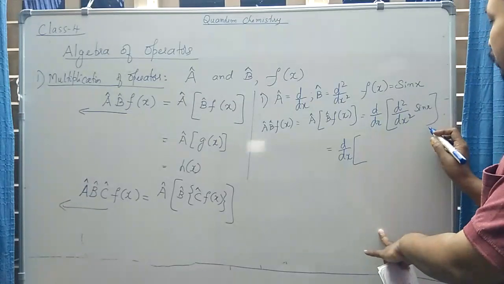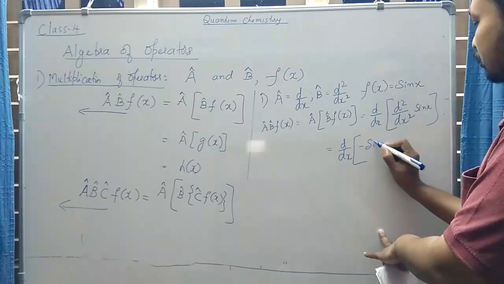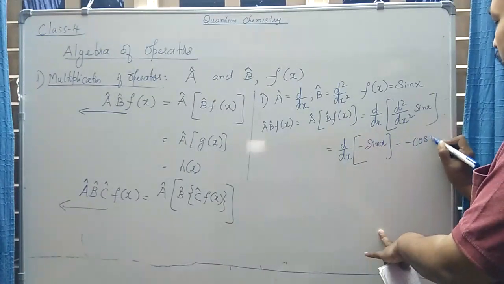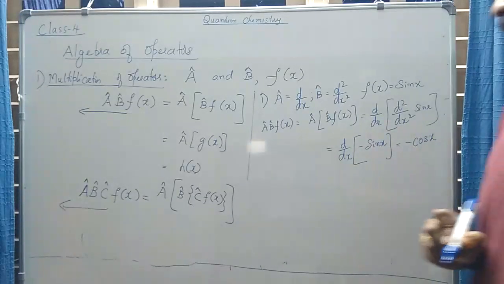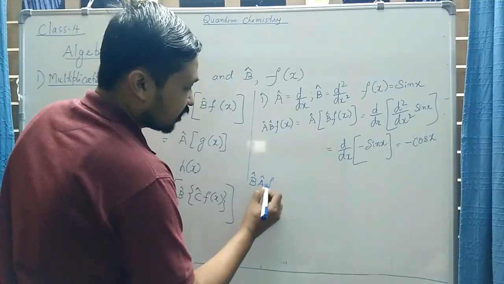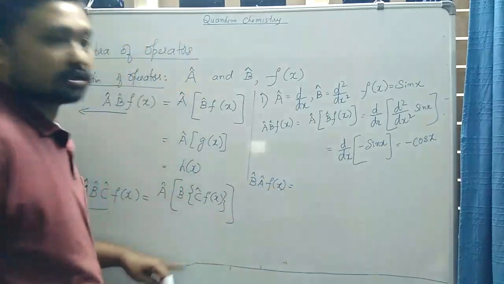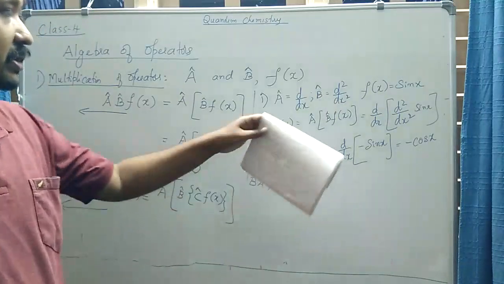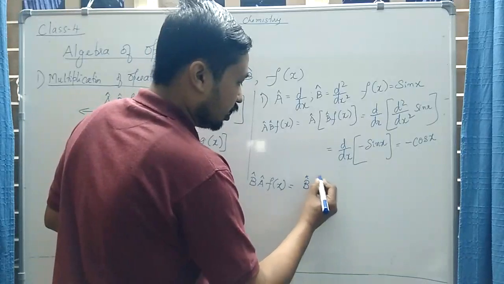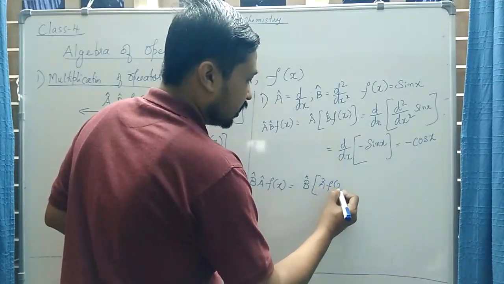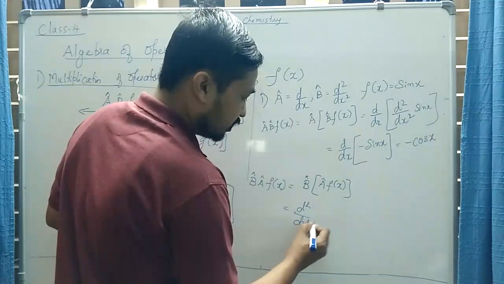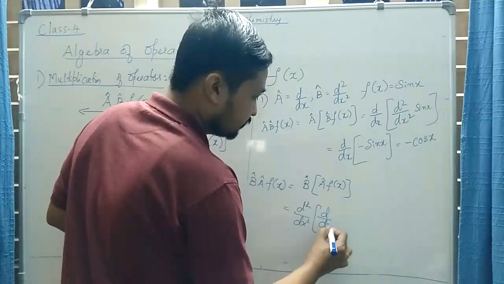First differentiation gives cos x, the second differentiation gives minus sin x, and the differentiation of minus sin x is minus cos x. Now let us try to calculate what is B into A of f of x. So which operator is now applied first? Unlike the first example, here A is applied first. So this is B of A of f of x, that is d square by dx square of d by dx of